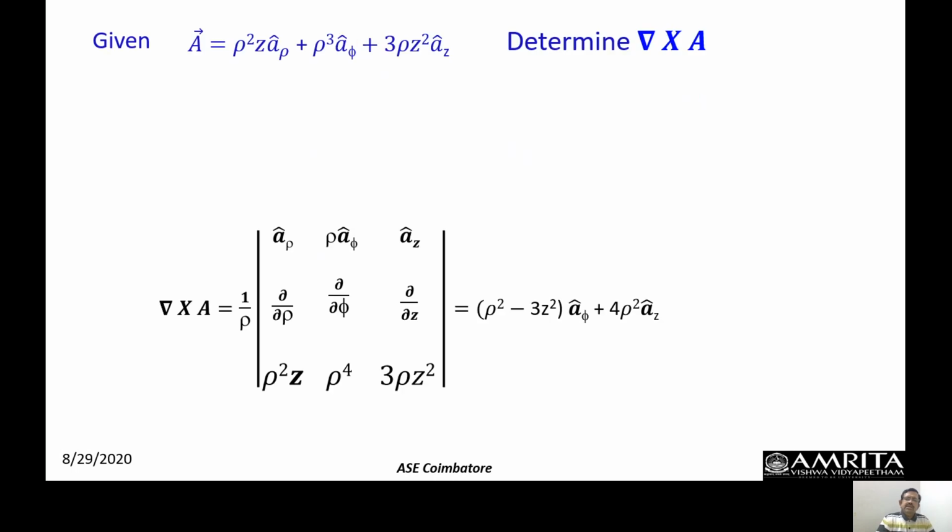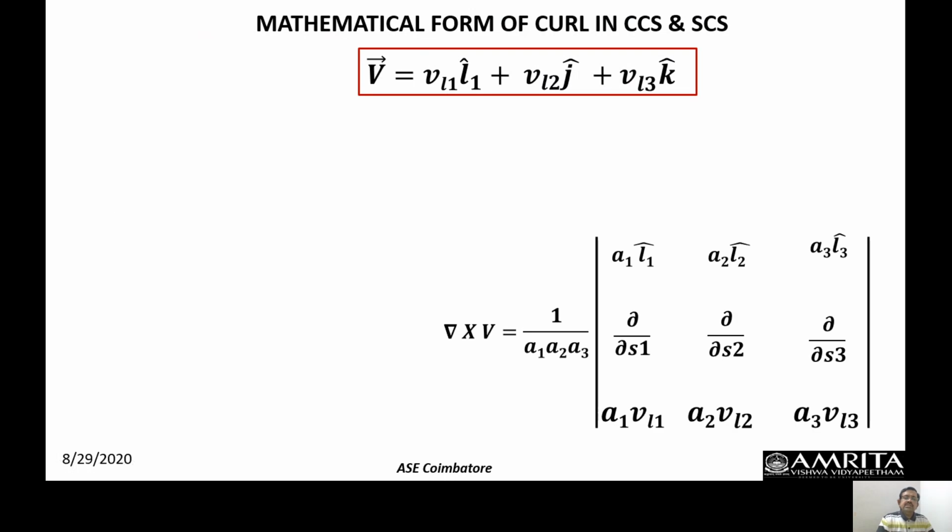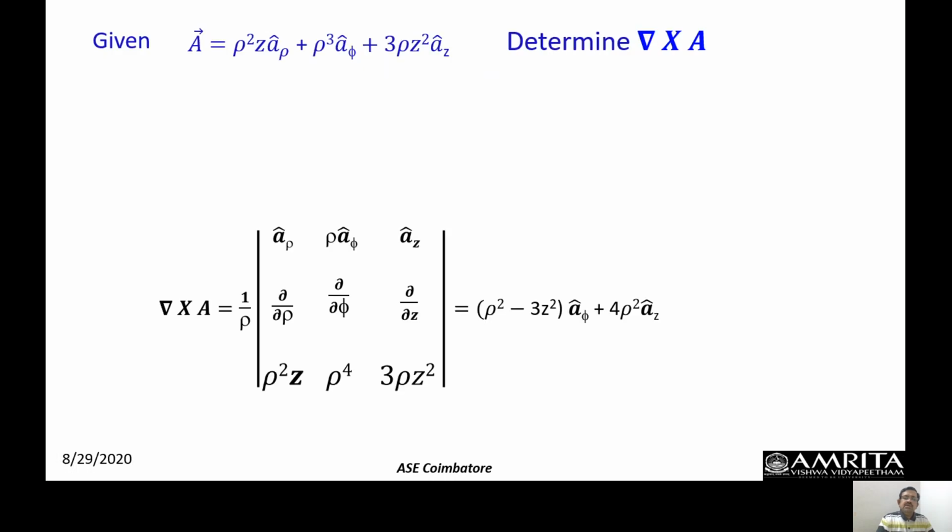So here is a problem I am going to give you. This problem is all about, I have to get, for this given function A, the curl of that vector function. The given function is rho z square a rho hat plus rho cube a phi hat plus 3 rho z square a z hat. So once I substitute accordingly, I will get that expression. Okay, so that is about this problem. So once I have this, I will have 3 rho z square and I get all those things.